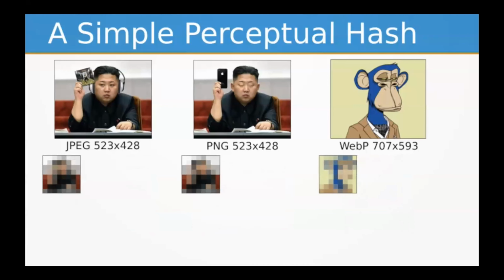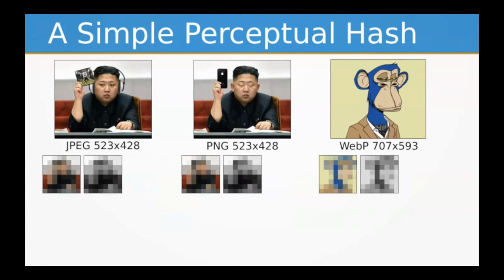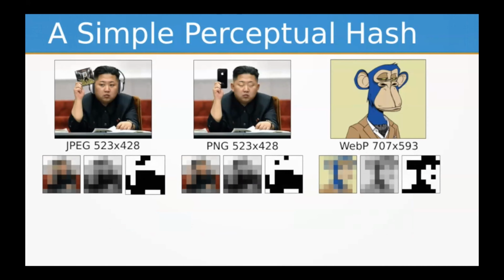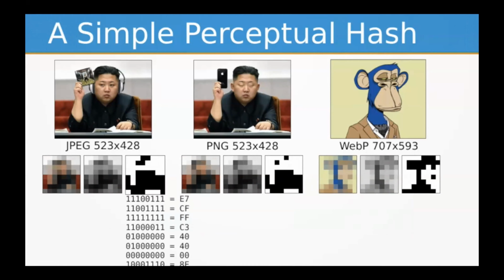Then the pictures are scaled down to 8 by 8 pixels. This removes almost all of the details from the pictures. The small image is converted to grayscale, and then the average color is determined. The image is finally reduced to black and white based on whether the grayscale intensity is above or below the average intensity. The black and white image has 8 pixels per row, and there are 8 bits in a byte. We can directly convert each row into a bit sequence. For example, the first row is white, white, white, black, black, white, white, white. That translates to bits as